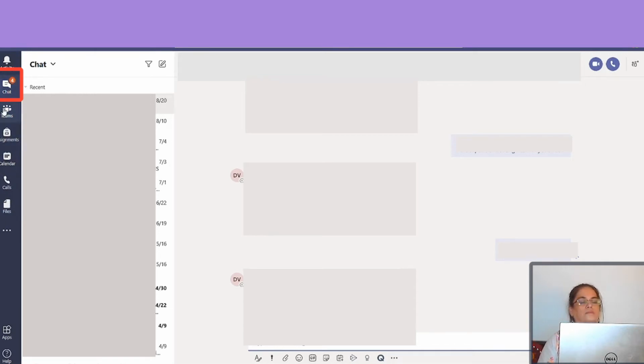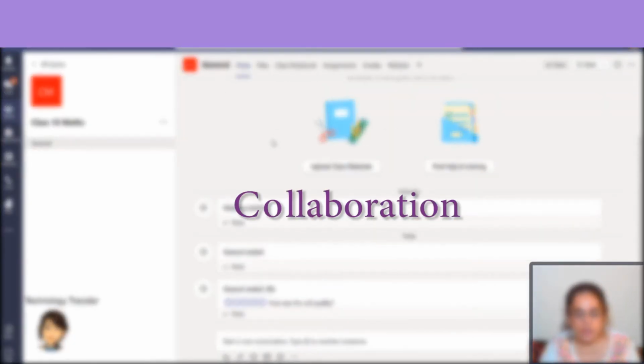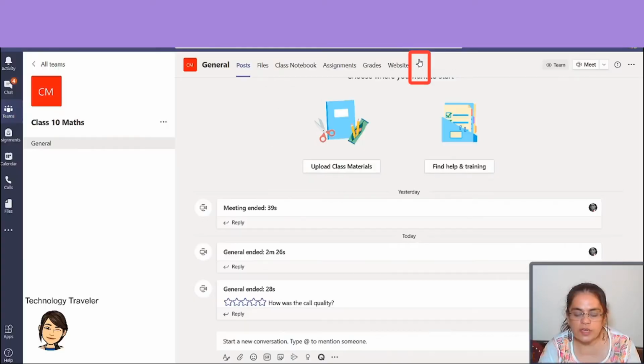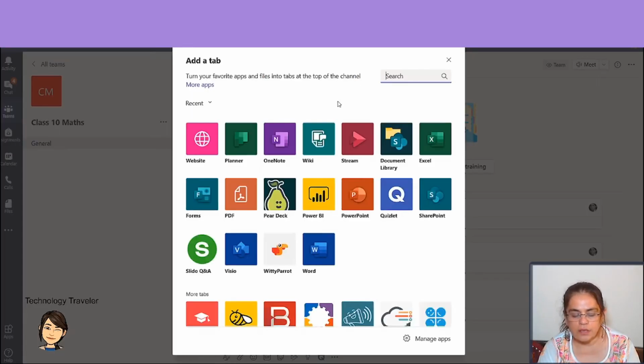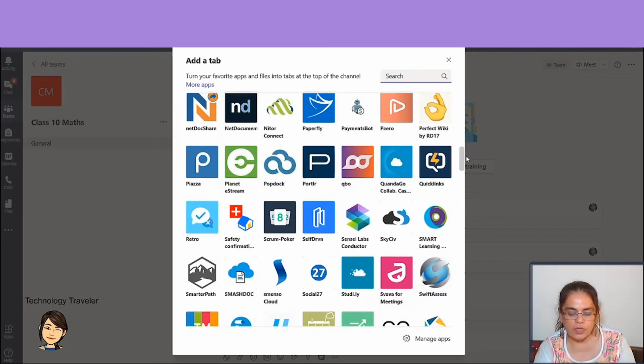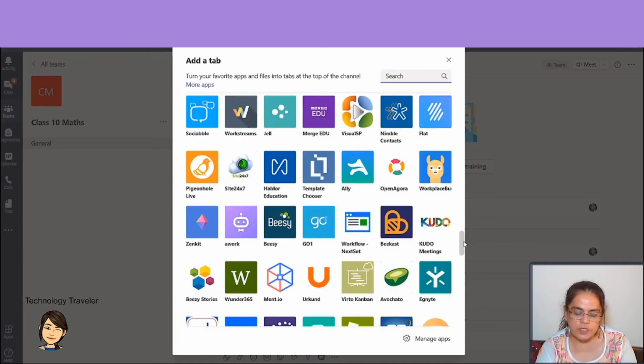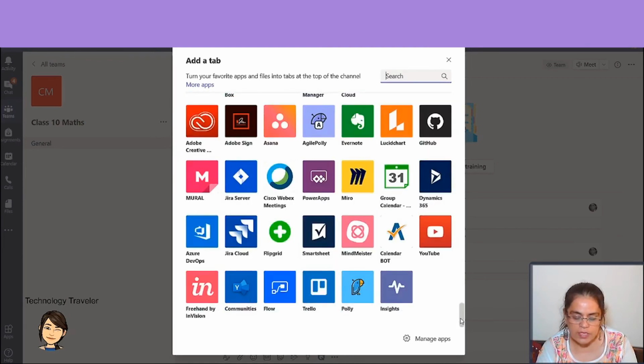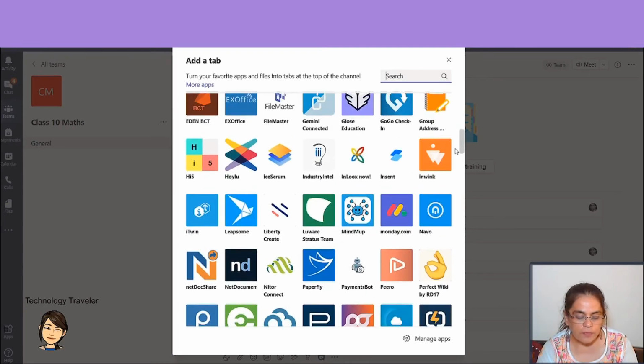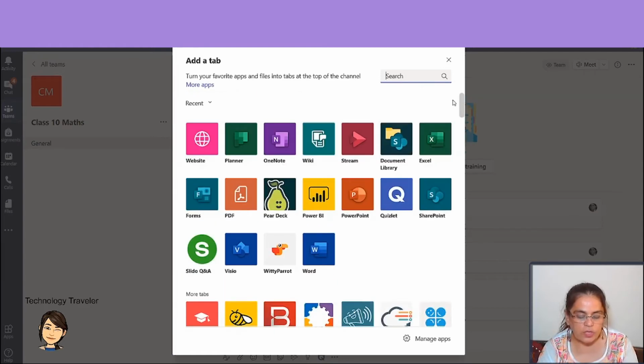Now, the next option, so the collaboration option over here in Teams is provided with this plus sign. This plus sign does all the wonders. Click on plus. And there is this whole world of apps, any single app that you can think of, and you can just add these apps into your classroom. How do we add these apps? Very, very simple. Suppose there's Flipgrid or there is a website. You just click on any app or Khan Academy or whatever you think you are using, or for quizzes. There are all kinds of apps.